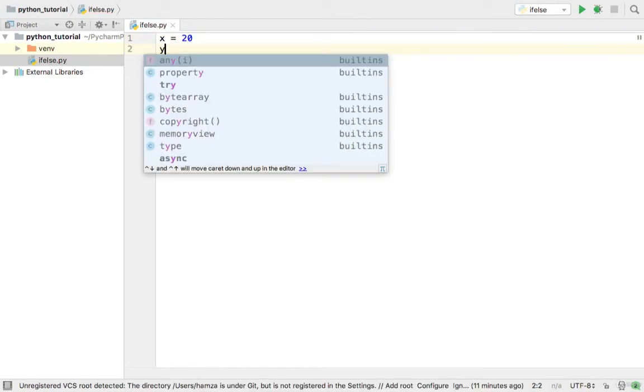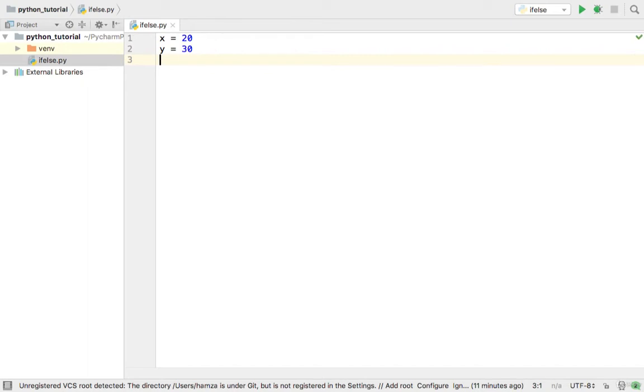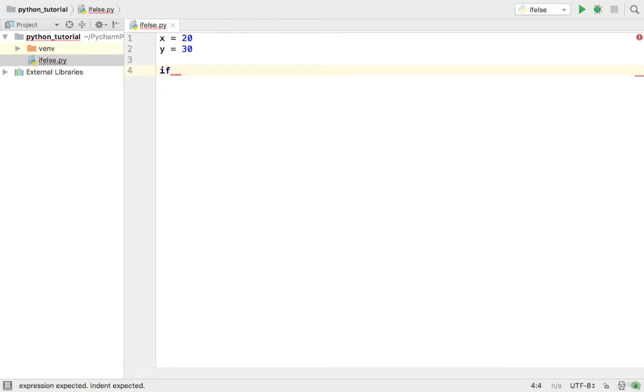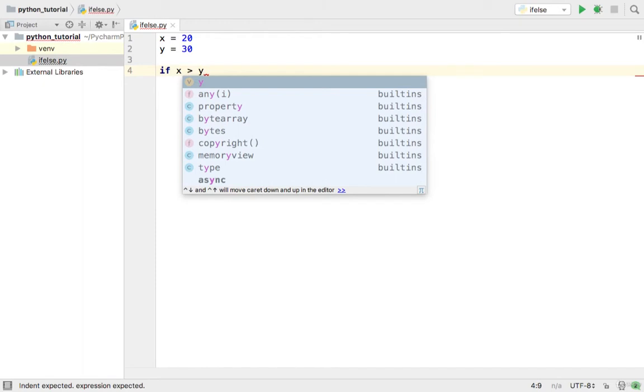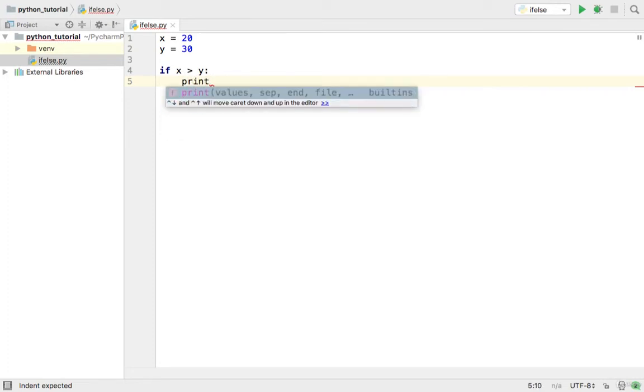Let's make another variable y and assign value 30 to it. Now I will write if clause and a condition whether x is greater than y, colon, and then I will print